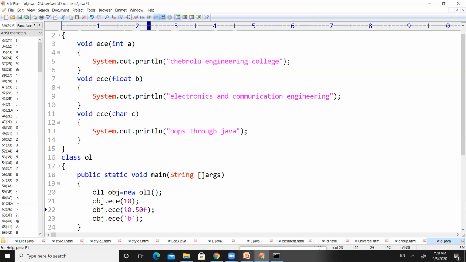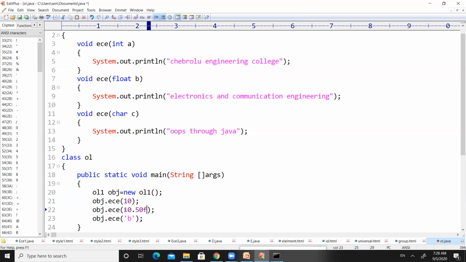That is, again it will print Chabrol Engineering College. If you want to consider 10.50 as float, otherwise the compiler will consider 10 and 10.50 both as 10, that means integer. So if you want your compiler to consider this 10.50 as float, you have to append that value with the F. So I will show the difference, don't worry.